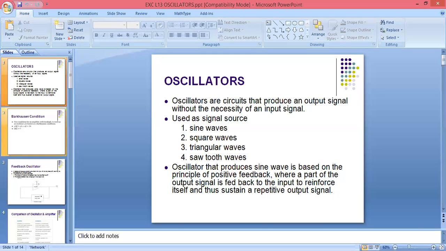Then we have seen current sink and current source. If the MOSFET is absorbing the current, we say that device is a current sink. And if it is producing the current, we say that device is a current source. Then we have seen the active load inverter, the CMOS inverter, in which we are using NMOS as well as PMOS. NMOS हम use करते हैं downward side पे, ऊपर के side पे we are using PMOS.